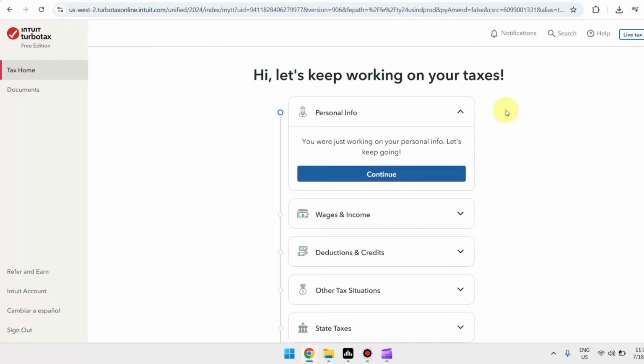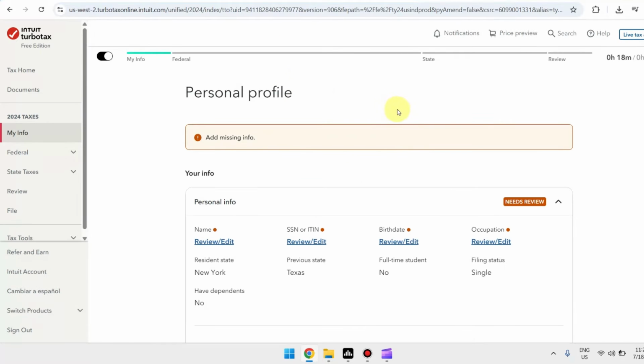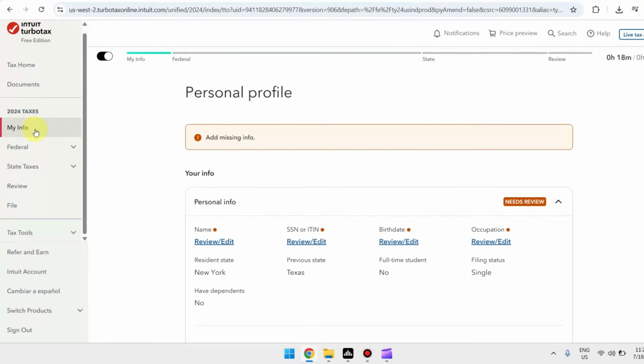So for today's video, I'm going to teach you how to put in a Roth conversion in TurboTax. So of course, head over to TurboTax and make sure that you're logged into your account. Proceed with your progress. You should then be redirected to your dashboard, and in the left panel, click on Federal,